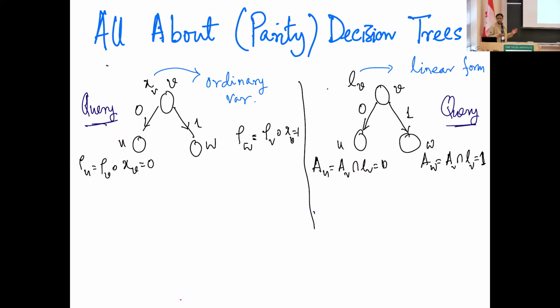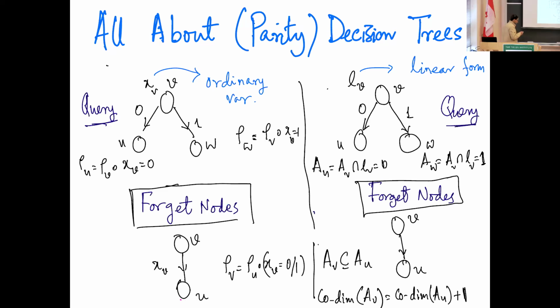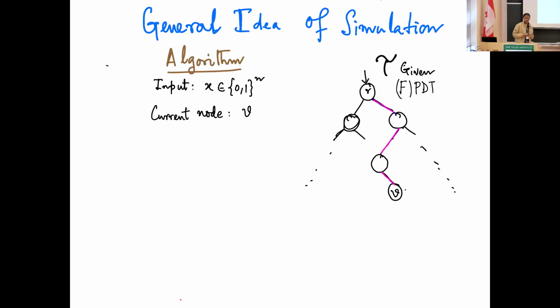So this is the usual query node, which you also have in your usual parity decision tree. But as I promised, there are going to be forgetful nodes, and these are the problematic nodes. These are more complicated nodes because, over here it's sort of simple: when you forget, you are in the standard basis, so you forget a particular variable which you were remembering. So imagine you forget a variable xv, whatever its value was, it gets freed now. So you have one less fixed variable.